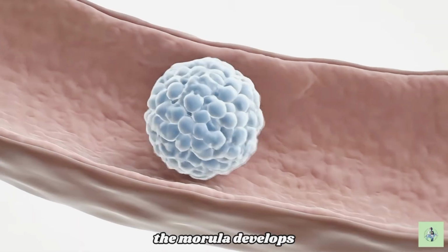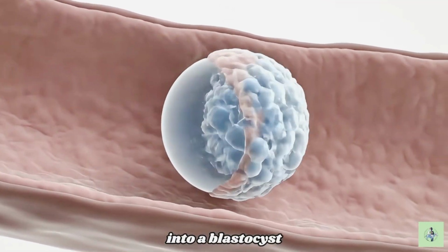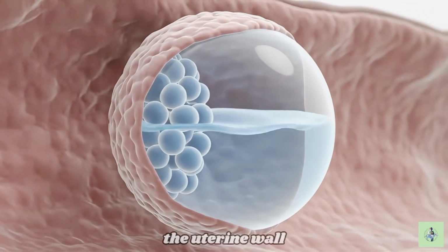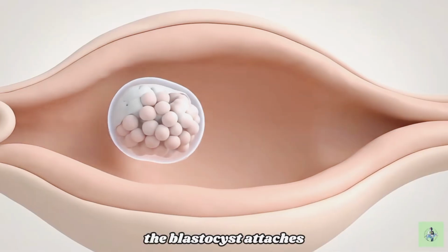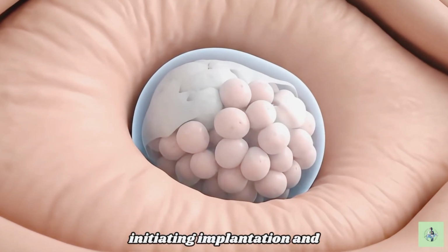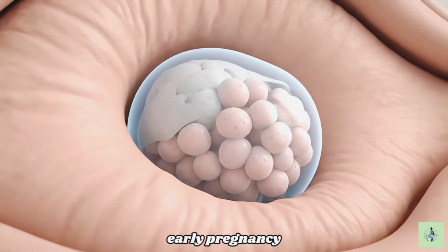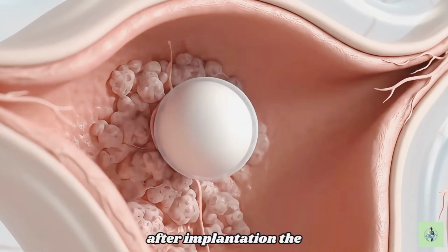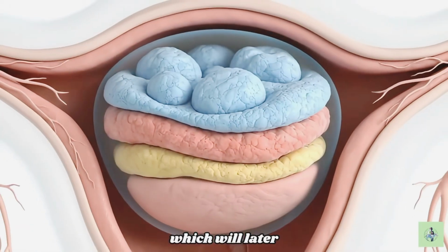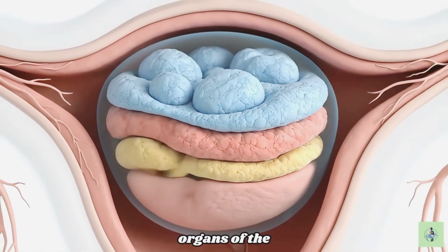uterus. The morula develops into a blastocyst, a hollow structure of cells, as it prepares for implantation in the uterine wall. The blastocyst attaches to the uterine wall, initiating implantation and the beginning of early pregnancy. After implantation, the embryo begins forming germ layers, which will later develop into all the tissues and organs of the